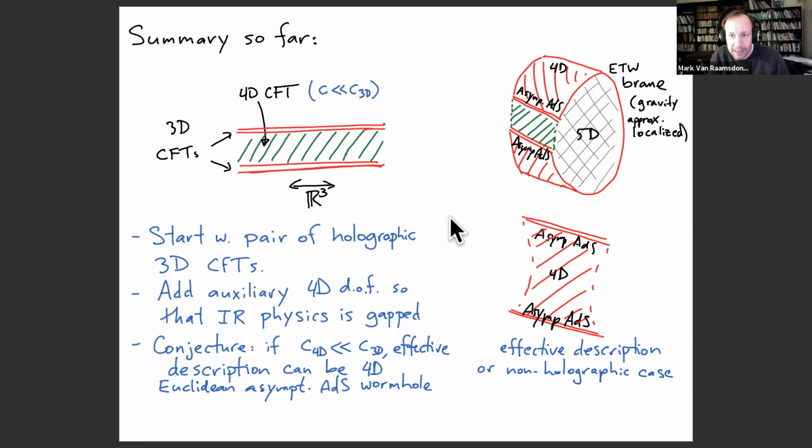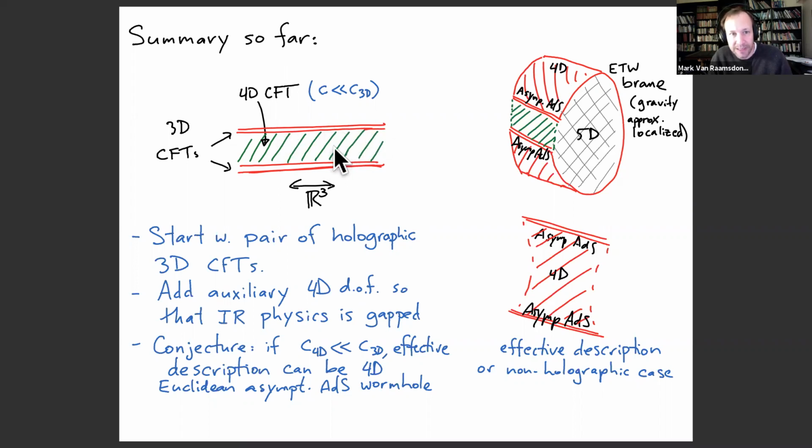Okay, so let me maybe summarize then. I'll summarize the Euclidean picture of how to get this Euclidean wormhole, and then I'll summarize how that connects to the cosmology, and then we'll talk about the microscopic construction. So the idea is, in order to generate this Euclidean wormhole, I'm going to generate a wormhole which is really a kind of brane at the boundary of a 5D spacetime. But I'm going to argue that gravity is actually localized on that brane. And so the field theory dual is just that you have this pair of 3D Euclidean CFTs.